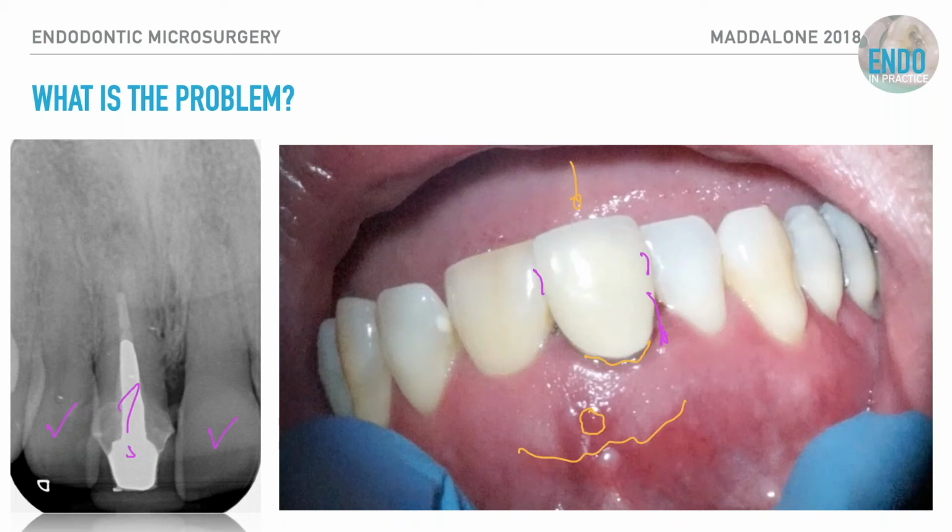So all of a sudden you're thinking to yourself, okay, this is a tooth with a crown, which is by all means well fitting. The post is a long tapered post and reasonably well fitting within the long axis of the root canal system. The obturation is short of the apex a little bit, and we're not really sure about the periapical tissue. But with the mobility, the cardinal thing at the end of that movie was, did you just see the very subtle mobility in the actual gingiva itself, not really the tooth? Then in relation to the small amount of pocketing, definitely the cardinal sign of the sinus at the mucogingival junction,